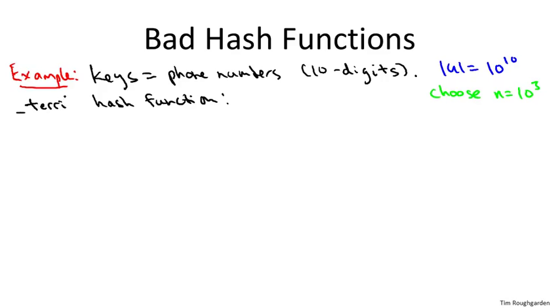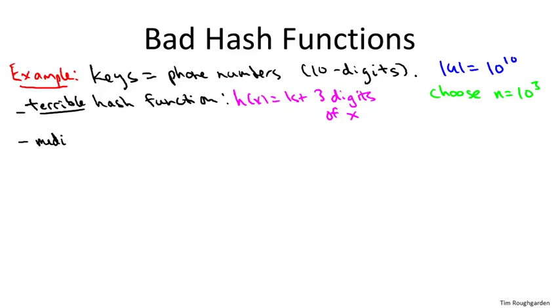Meanwhile, not all 1,000 possibilities of these 3 digits are even legitimate area codes. Not all 3-digit numbers are area codes in the United States. So there'll be buckets of your hash table which are totally guaranteed to be empty. So you waste a ton of space in your hash table. You have a huge list in the bucket corresponding to 415. You have a huge list in the bucket corresponding to 650, the area code at Stanford. You're going to have very slow lookup time for everything that hashes to those 2 buckets. And there's going to be a lot of stuff which hashes to those 2 buckets. So